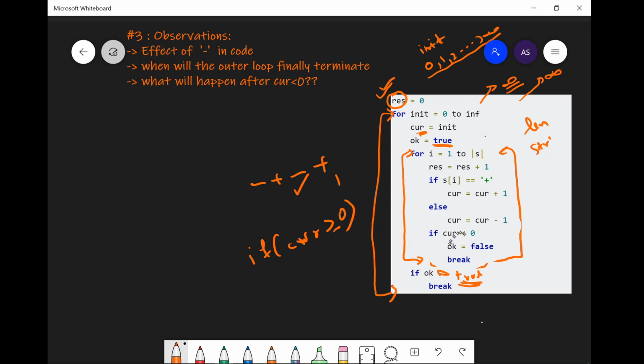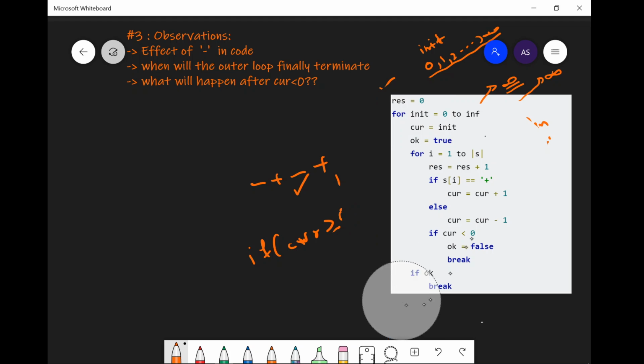So now what we can conclude here is that current value should be greater than or equal to 0 throughout this inner loop iteration, then only this if block would not be executed, and when this block would not be executed, then only we would be breaking. So we have just our one observation, which is that this OK should be true, which would happen when the current is greater than or equal to 0 throughout this iteration.